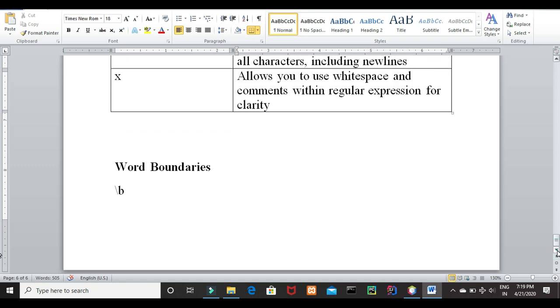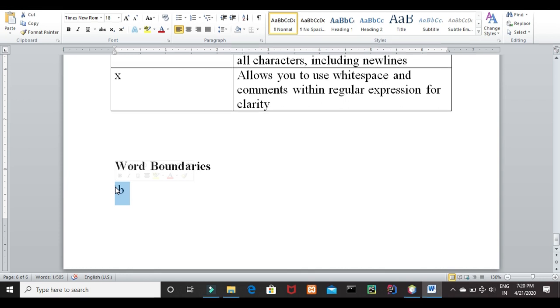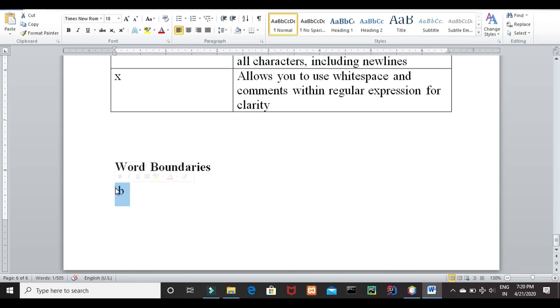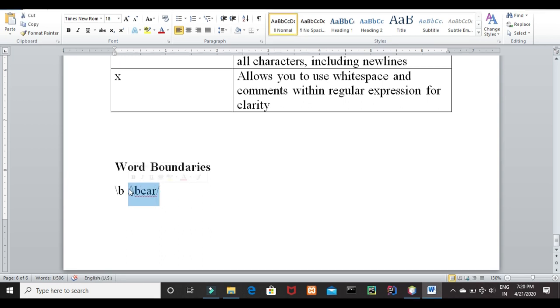And the last one we are going to see today is word boundaries. A word boundary character, backslash b, helps you search for words that begin and or end with a pattern. For example, if I write the regular expression backslash b and car, it matches the words beginning with the pattern car.